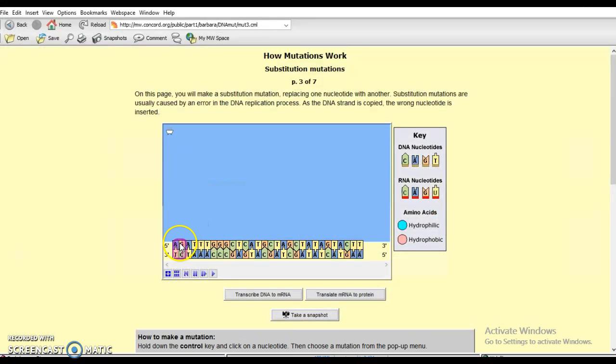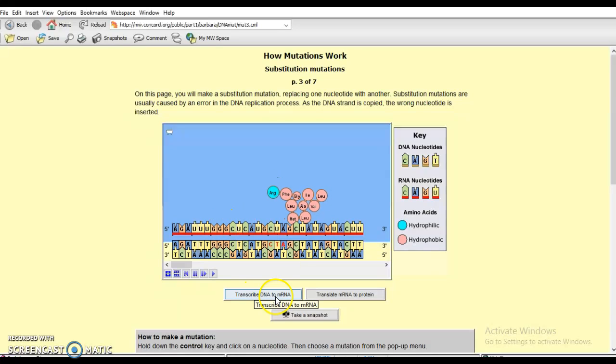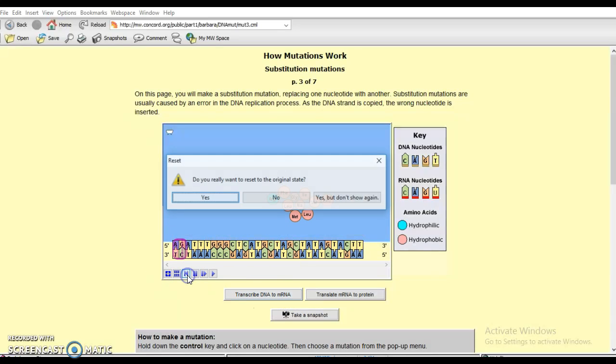Alright, so we have our DNA here, and if nothing happens, if everything's normal, it gets transcribed to mRNA. This mRNA is sent with the red border, and then you take the RNA, and from the RNA and the codons, you make an amino acid chain, you got yourself a protein, right? Wonderful. Well, you can also reset it,